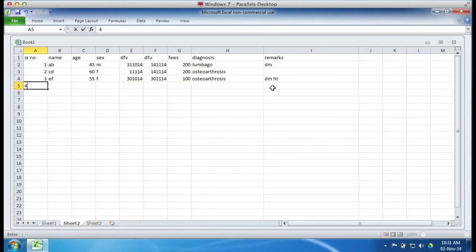So here it is fourth patient, GH, age could be 60, female patient, first visit say today, that is 2nd November, follow up I ask her to come after 7 days, so it is 9th November. I collect 200 rupees and my diagnosis here could be neck pain. Nothing in remarks. I go on to the fifth patient,